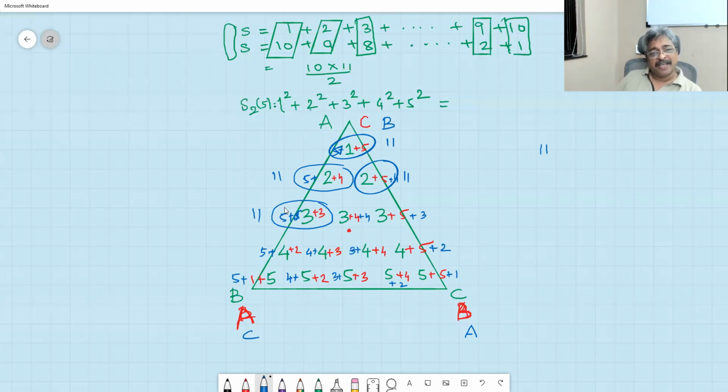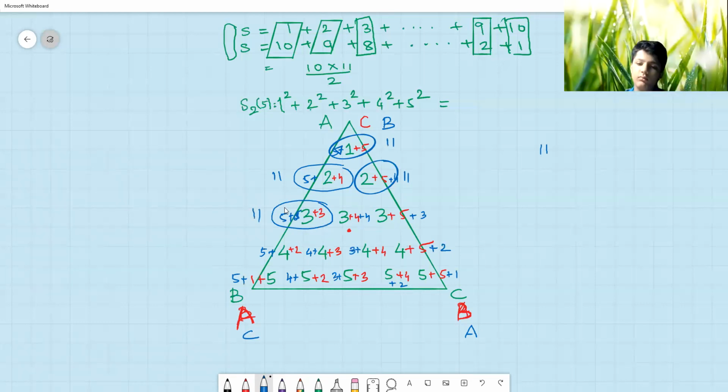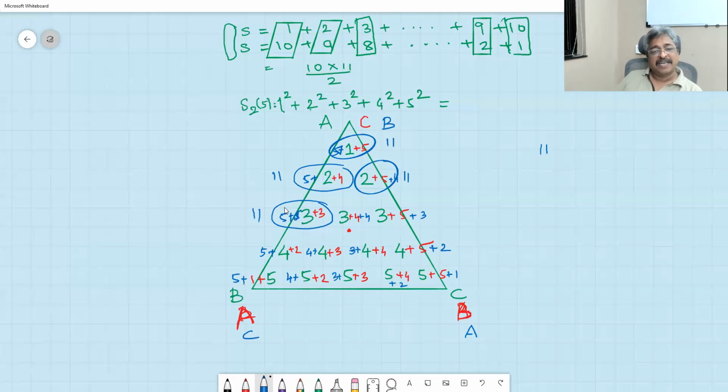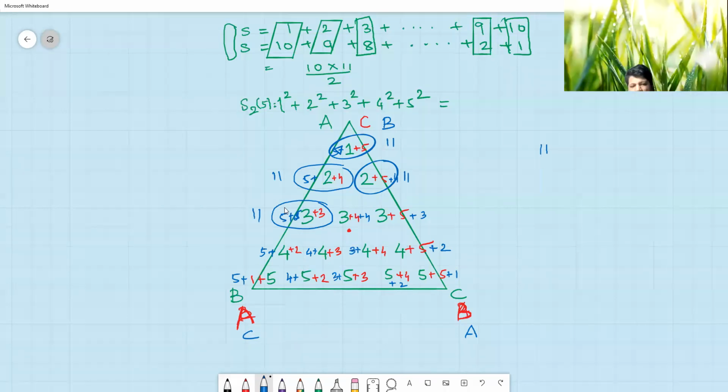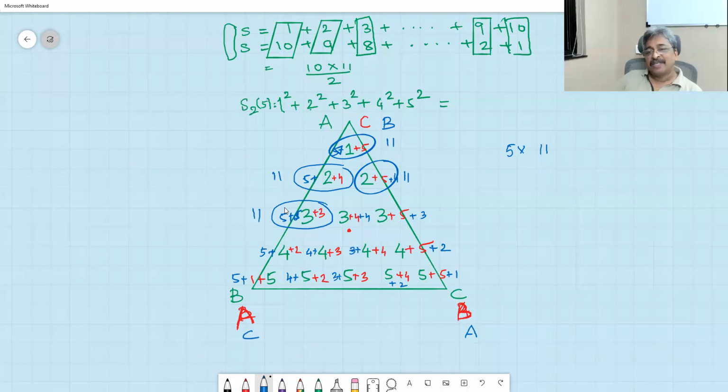And how many of them are there? 5 into 6 upon 2. Total numbers inside the triangle to start with: 5 into 6 by 2. Is that right? Yes, sir. That many numbers, and each of them is adding up to 11. But then we are adding all the numbers 3 times, isn't it? Therefore, the sum